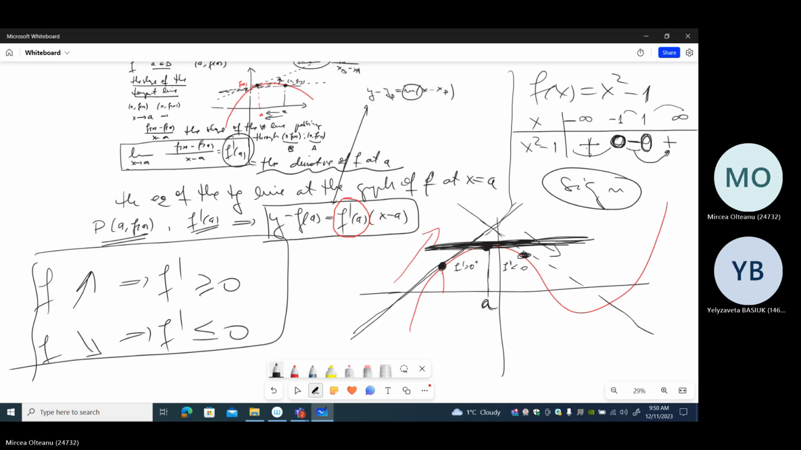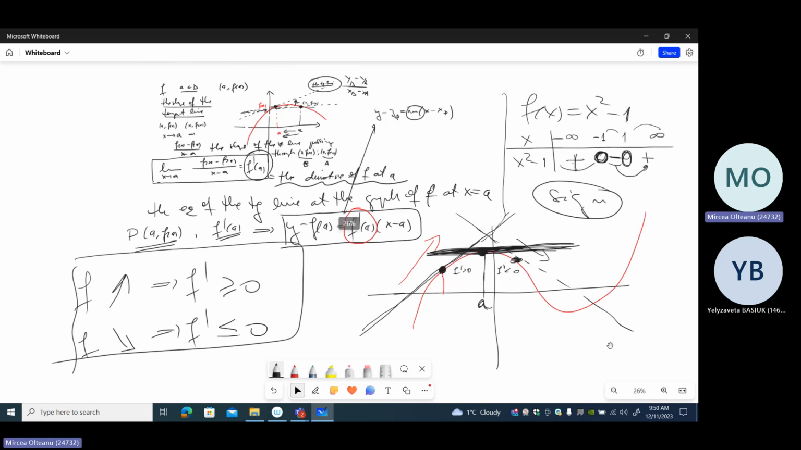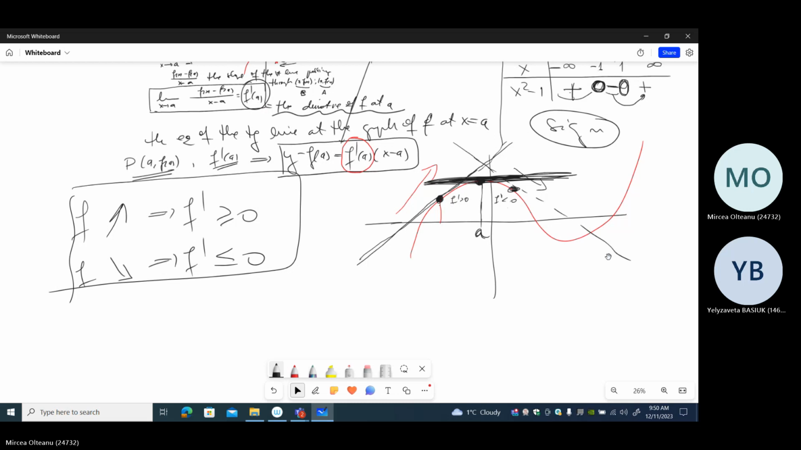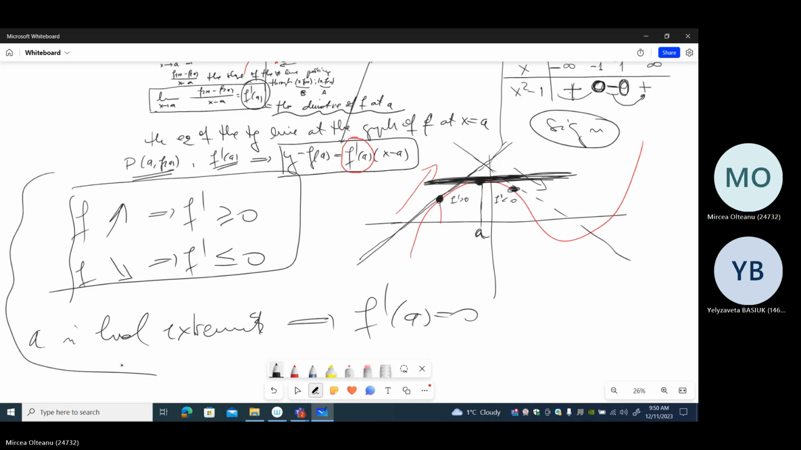So we also discover the following: if A is a local extremum, then the derivative of A must be 0. Okay, so this is the theory which will help us to answer our questions: study the monotony of a function and find the local extrema. Okay, now